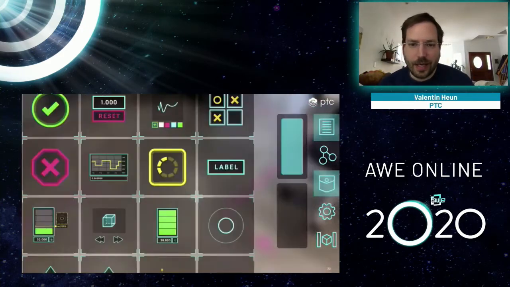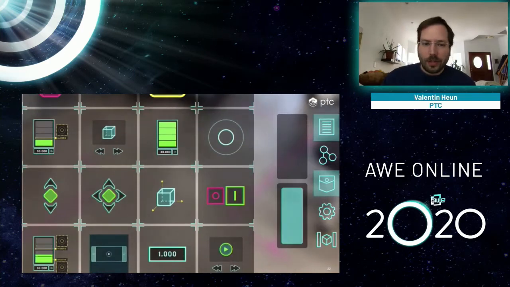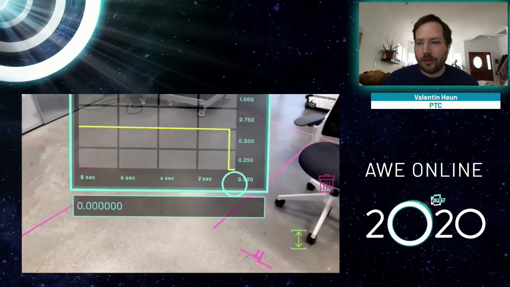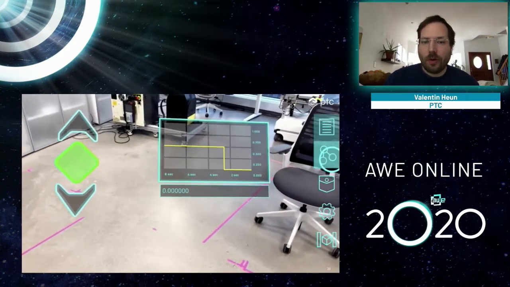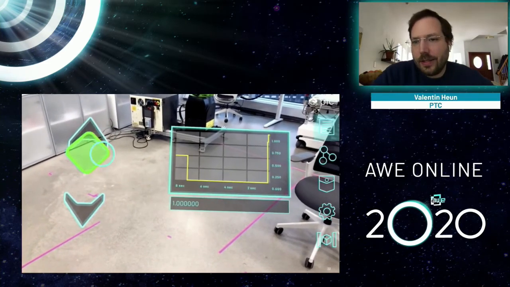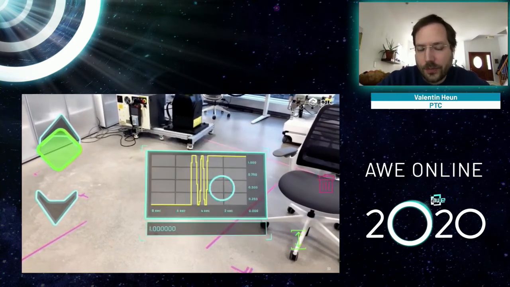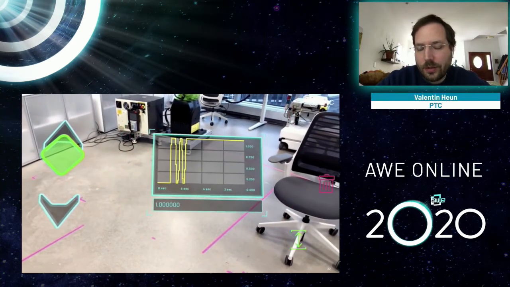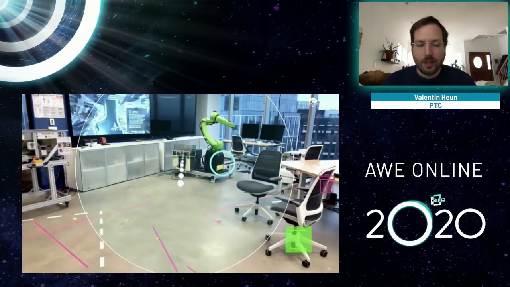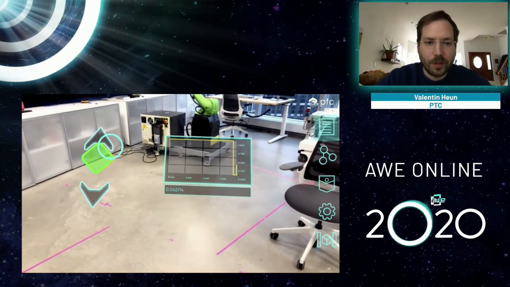So there's this little button on the side, and it opens a selection of tools that you can use to understand the world and to control the world. And so here's a little example. It's a slider and a graph, and it has spatial programming capabilities. So you can just create a link between the one and the other. And that is a very simple program, and it already shows you some simple capabilities. You can move these things around, you can scale them, and you can even define how far away things are visible when you approach them. So this allows you to really nicely choreograph the user interface for spatial computing.